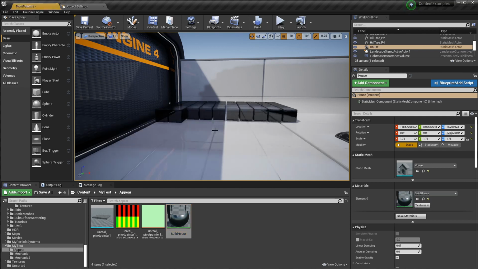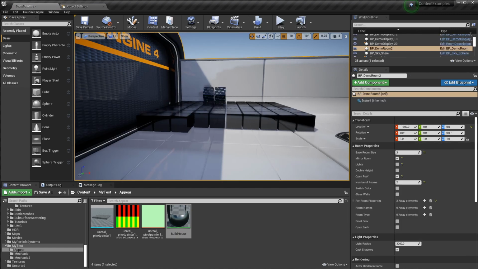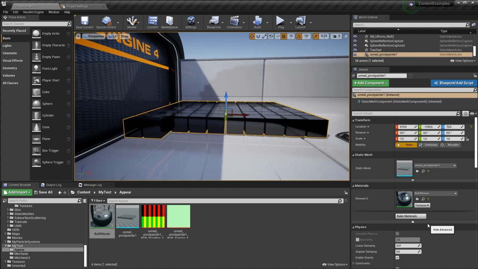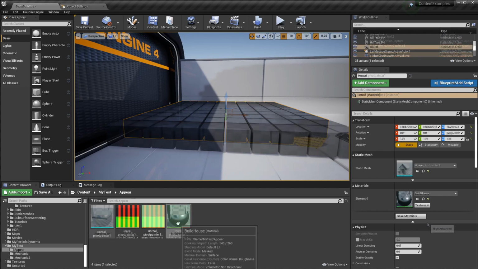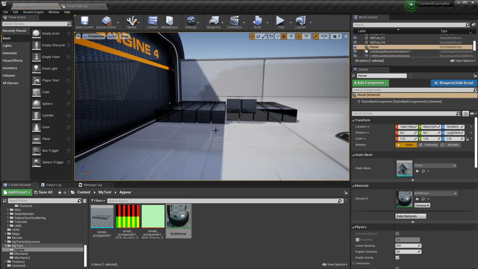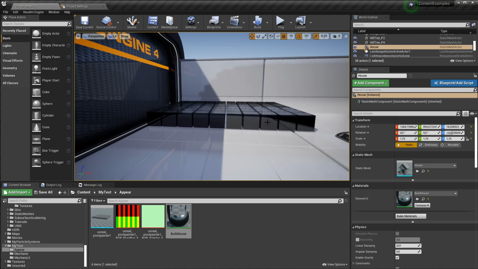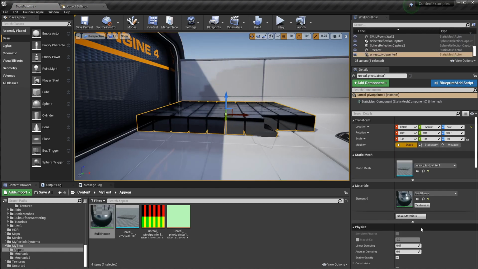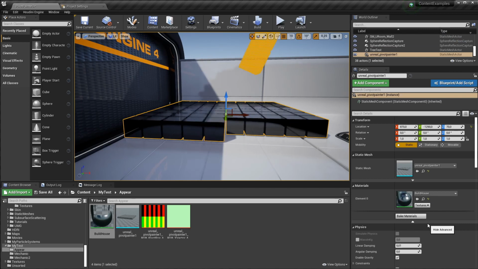I can directly drag and drop this material onto my grid of boxes. It's not yet properly set up for that, but there's already something happening. The pieces already materialize, but there's obviously something wrong with it. So we need to tweak some settings. To have a bit more control over the material, let's create a material instance from the Build House shader.